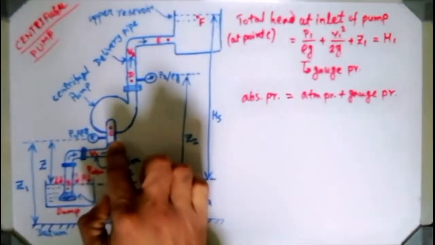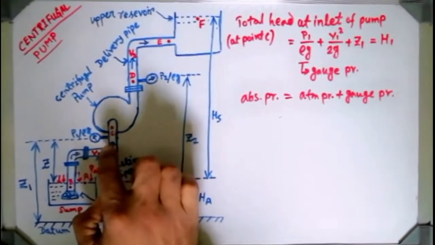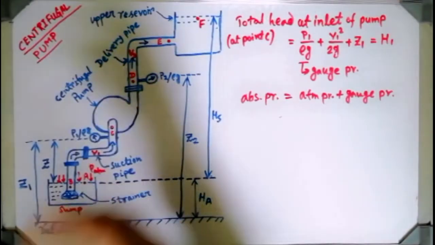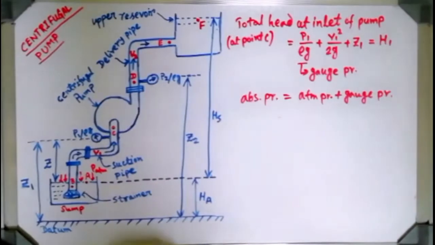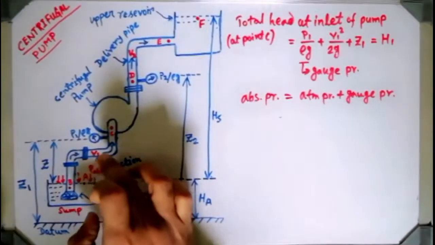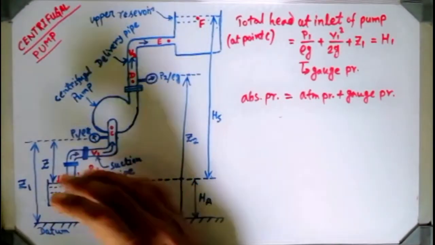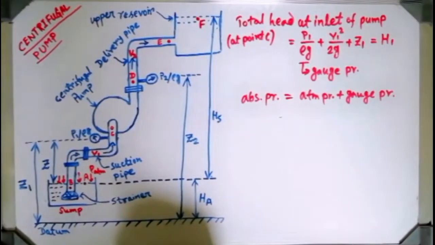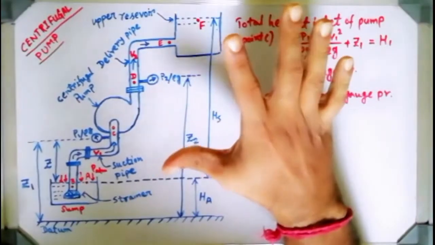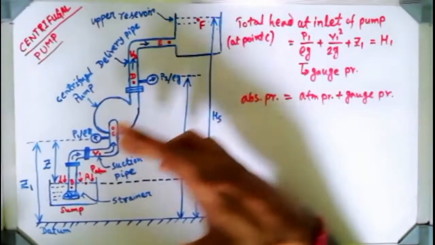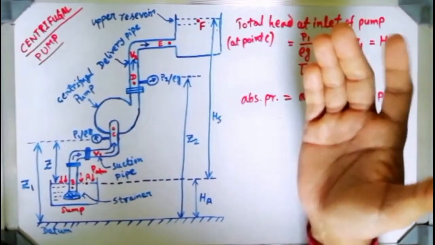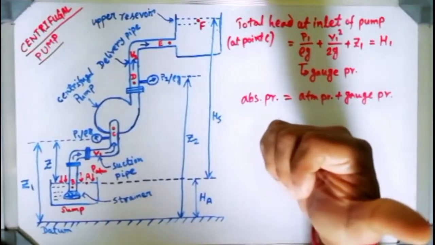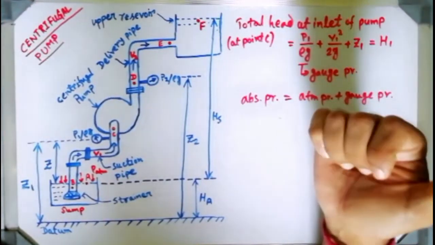Similarly, here also you have to create a negative pressure in this suction pipe, by which the liquid will go inside of the suction pipeline, otherwise it cannot go in. So basically the gauge pressure over here will be lesser than the atmospheric pressure. The reading you get from the gauge is a gauge pressure, but gauge pressure can be positive as well as negative. If it is a negative one, then we say vacuum gauge pressure.